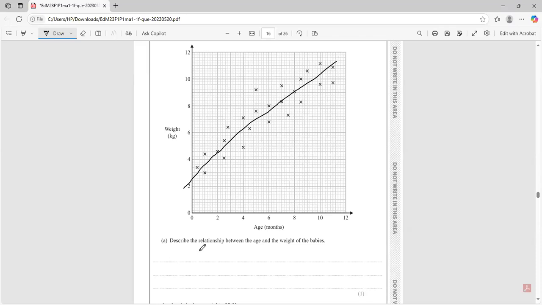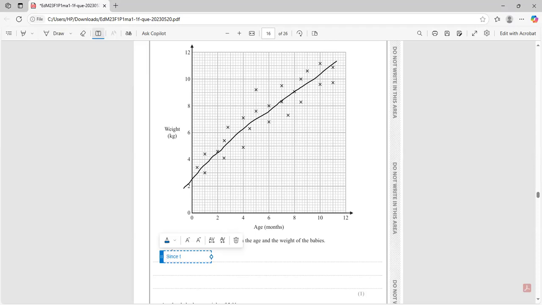So when they say describe the relationship between age and weight of the babies, it's quite clear. It looks to me that as the ages of the babies increase, their weight also does what? Increases. Do you agree? Yes. So we can safely say that, let me not do this. That was slow. Let me use this thing to type. So we can safely say that